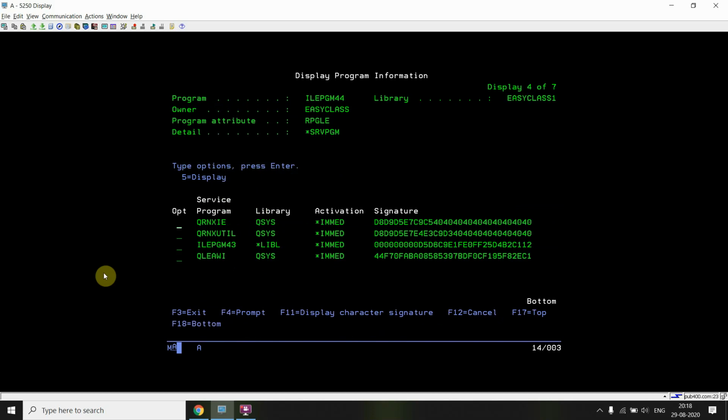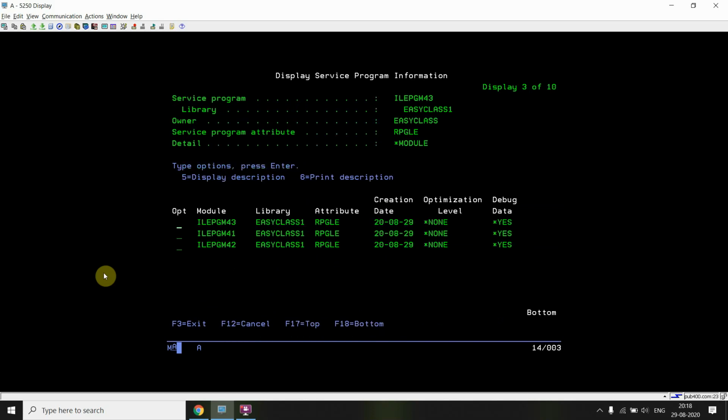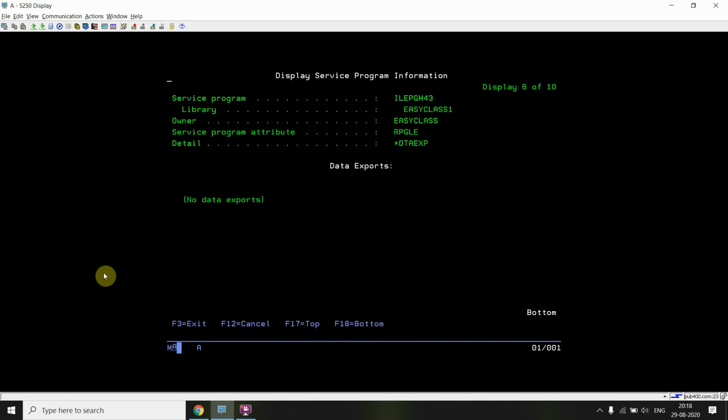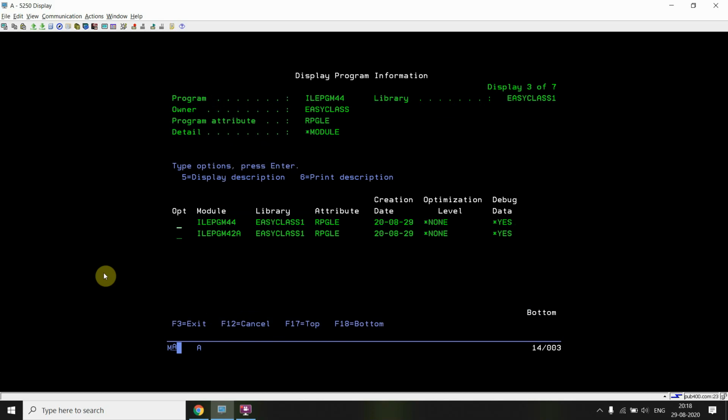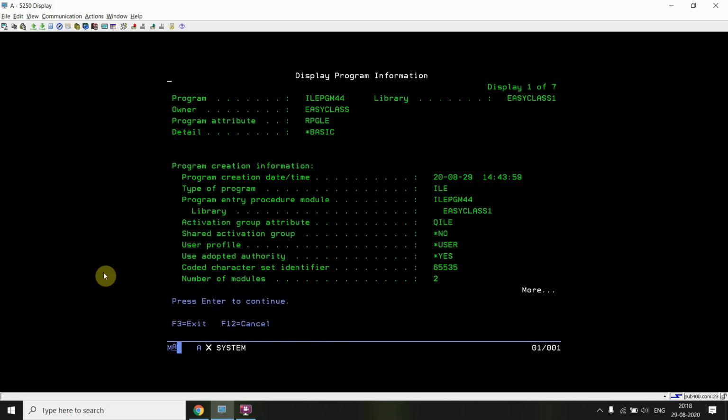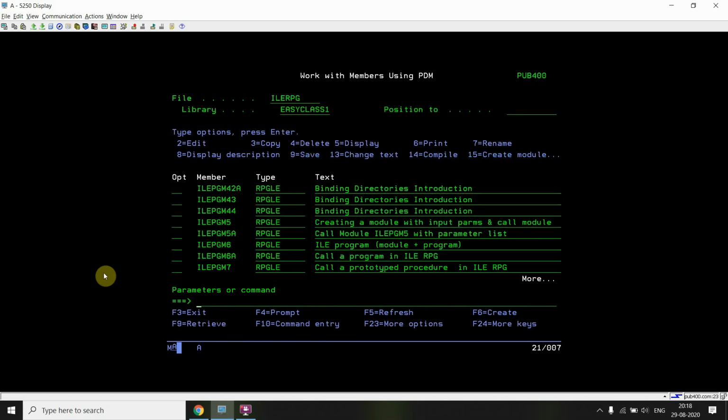And you have bound a service program ILE PGM43, which is basically binding those 41 and 42 modules. Okay, and calculation and subtract procedures are exported. This was the signature. So you can say yes, you have successfully bound using the binding directories.